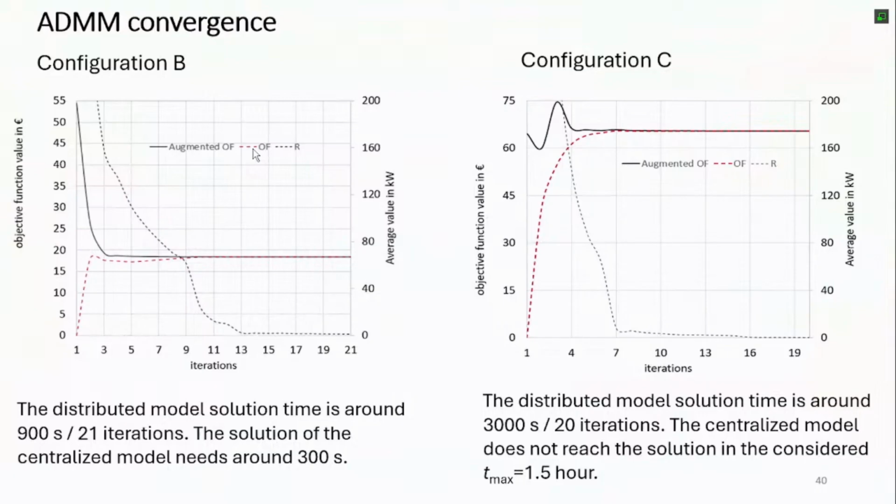After 1 hour and a half, the problem was not solved. We use Cplex, and the Cplex algorithm cannot find the solution, because the gap is too much. The distributed optimization reaches a solution. So the distributed optimization, when the number of users is very big, can also be a way to address the issue of the